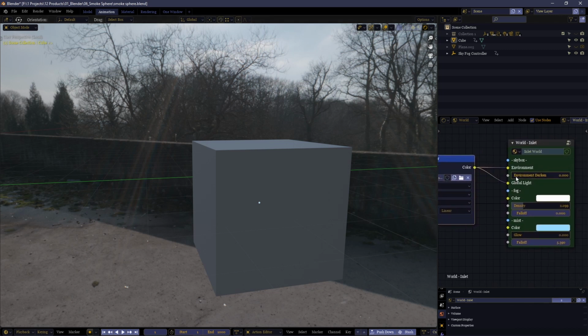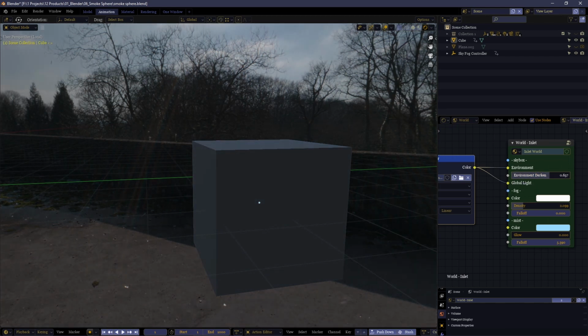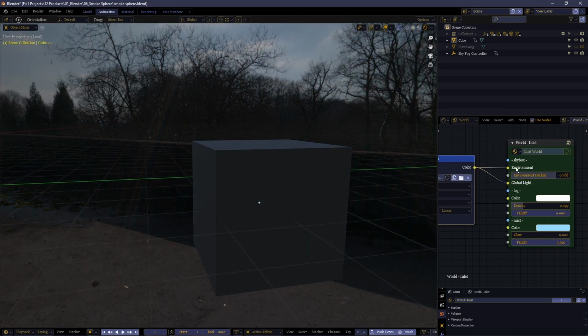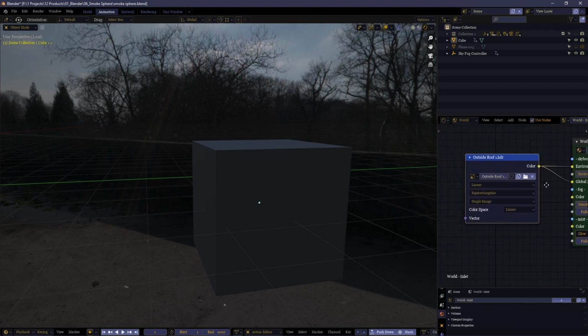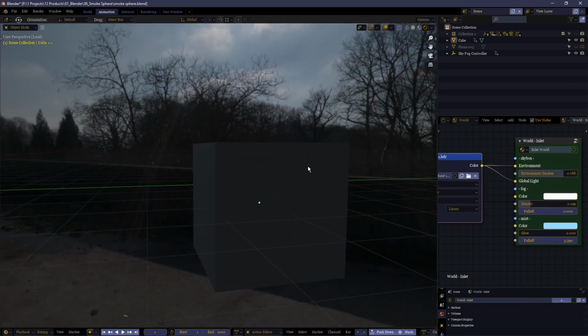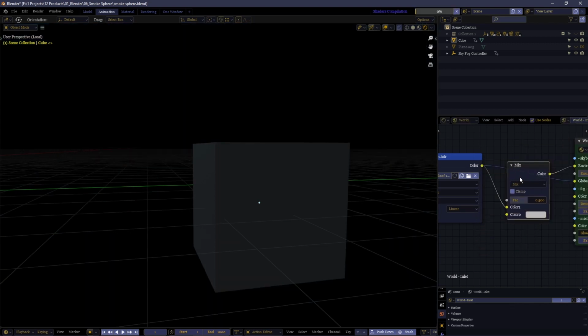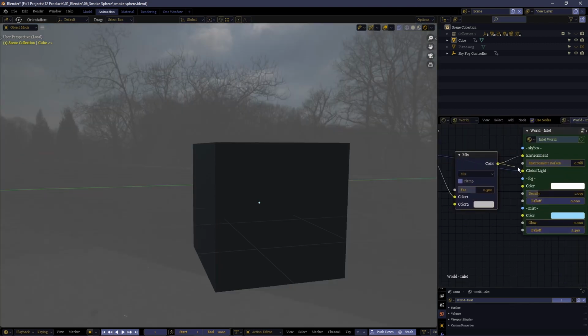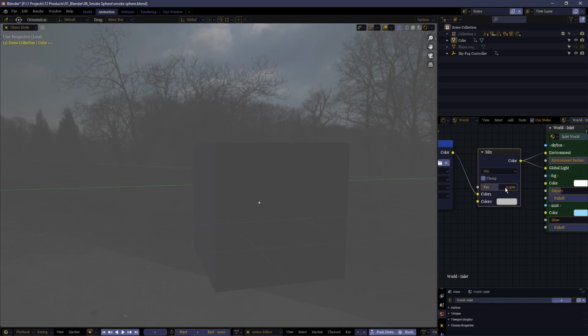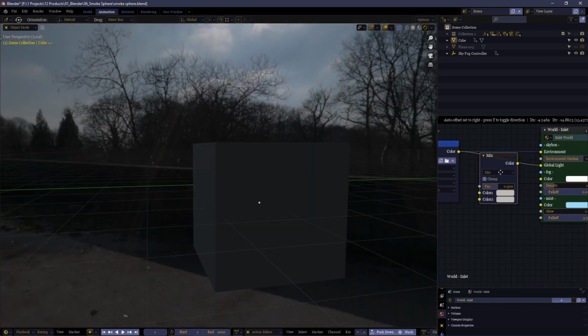This slider here, the environment darken, just globally darkens down the environment and the global light from the environment texture to bring down the mood of the scene. Of course, if you choose, you can put your own mix slider in there and affect the texture in whatever ways you would want to normally, but that's not what this is about for right now.